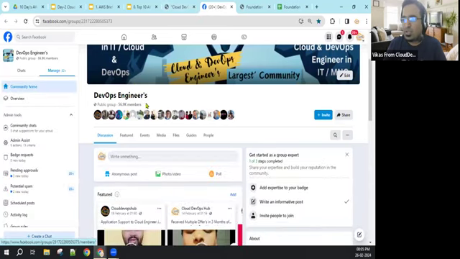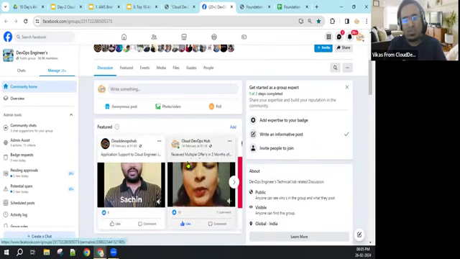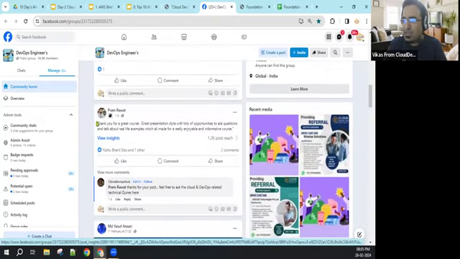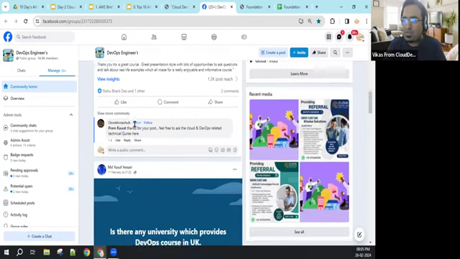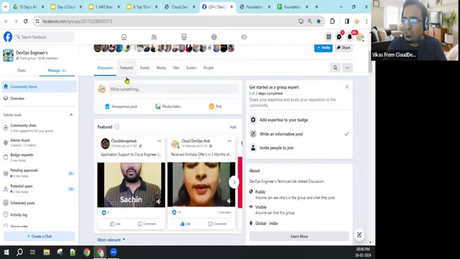Here you can see 56,000 members who want to become, or who are already, DevOps engineers. Whatever is happening, people getting offers, so many things we are publishing here, as well as information about people attending the course or the workshop. Plus some people are asking questions, and all that information will be available here. If you are a community member, you can ask if you have any question or if you are looking for a referral in any company, because 55,000 members are there.